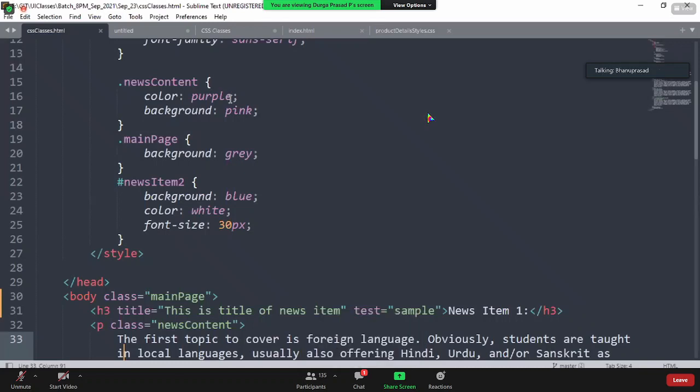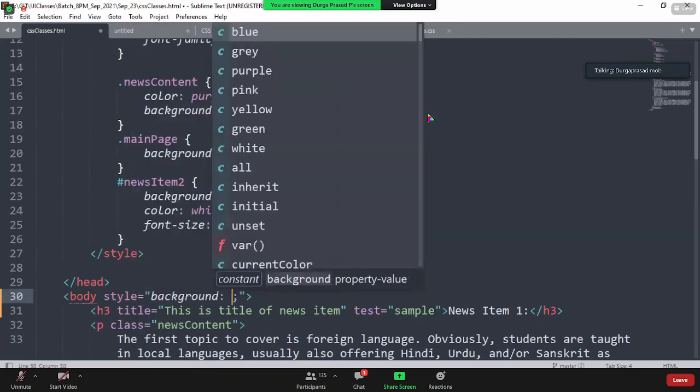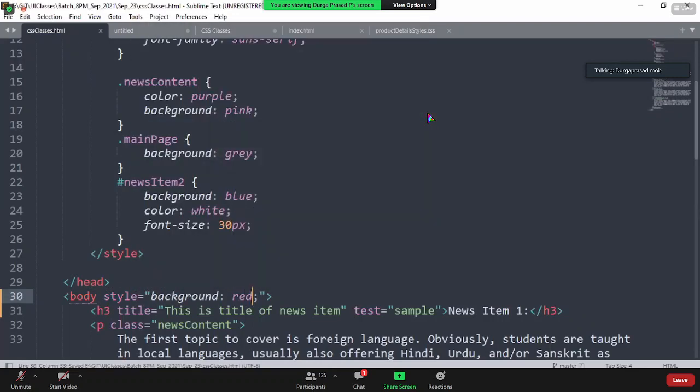We can put the background property in the body tag, obviously. But I tried, it is not reflecting, sir. Remember, I can simply say style equal to background, something like red color. But it is inline, sir.